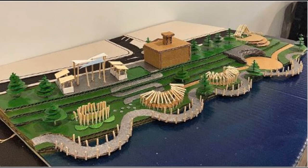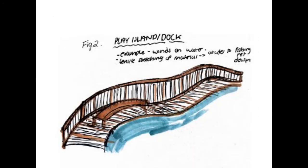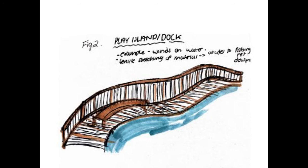Another important feature that's been emphasized throughout has been promoting that movement from Center and River Street down onto the waterfront. So one way that we went about this was by having these curvilinear paths near the bottom that wind down right from River Street onto the waterfront. By promoting this connectivity, we're hoping to bring more people into the space. We're also hoping that by choosing a curvilinear path, it may help to slow people down,